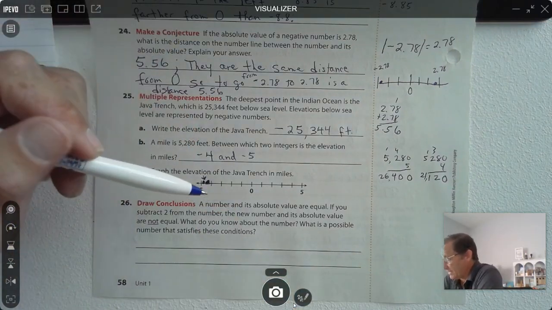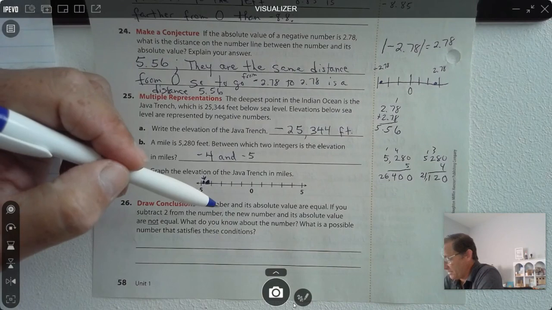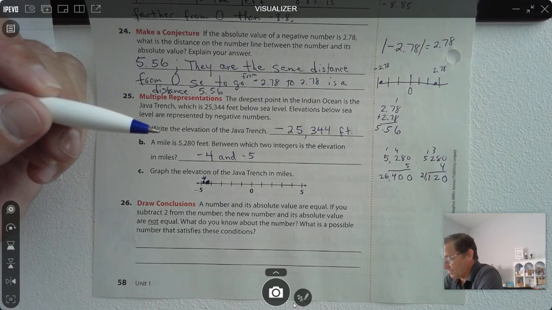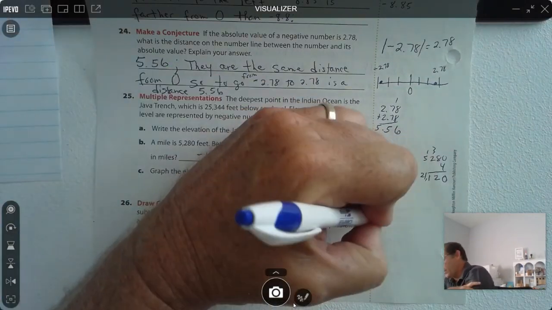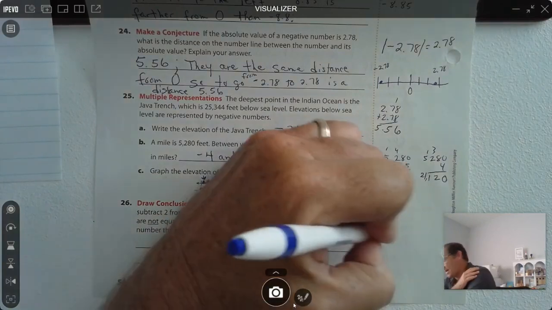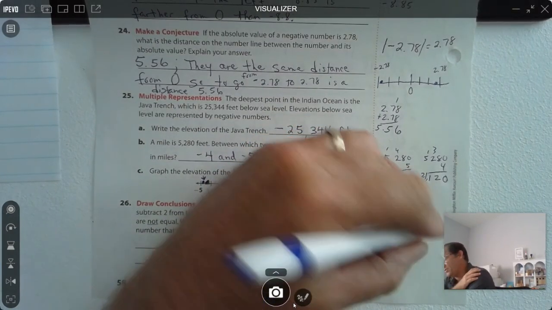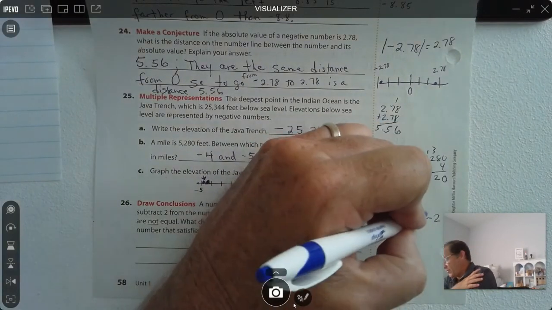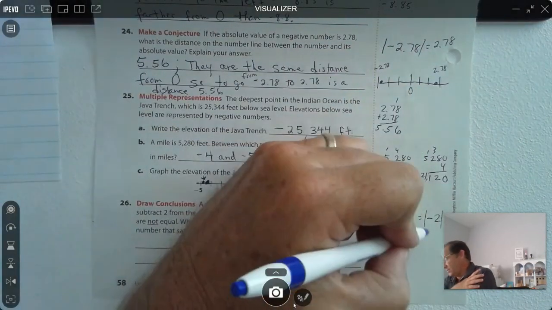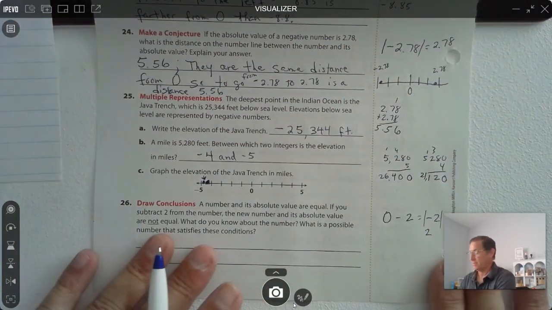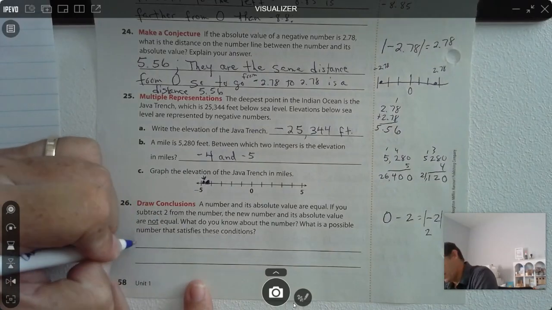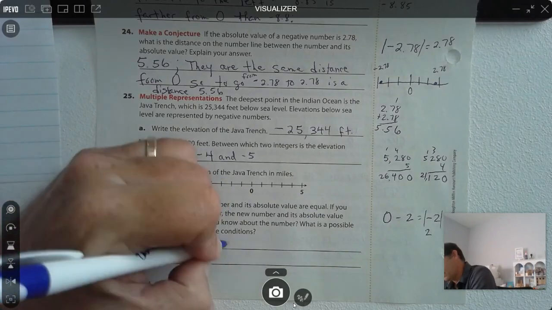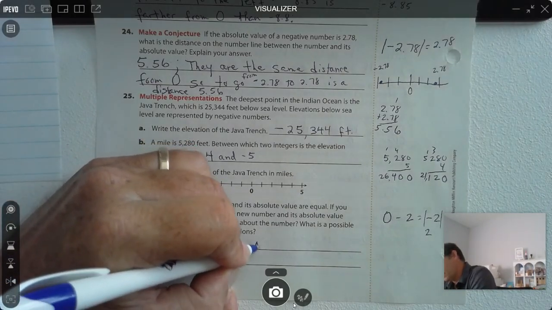All right, 26. The number and its absolute value are equal. If you subtract 2 from the number, the new number and its absolute value are not equal. All right, so for instance, if we said 0, right? If we subtract 2, we'd get negative 2. So the new number, negative 2, and its absolute value, the absolute value of negative 2 is 2. So those two numbers are not equal. So we have to have a number that's greater than or equal to 0,